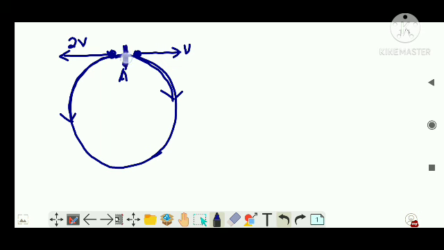They started from A, they collided at A like this. After collision, they were moving like this. So you are asked after how many collisions they can come up at A again. Your common sense is very important while doing this problem. Why? After collision at A, this ball will be moving here and this mass will be moving here, at somewhere, I'm just assuming, let's say at this point.